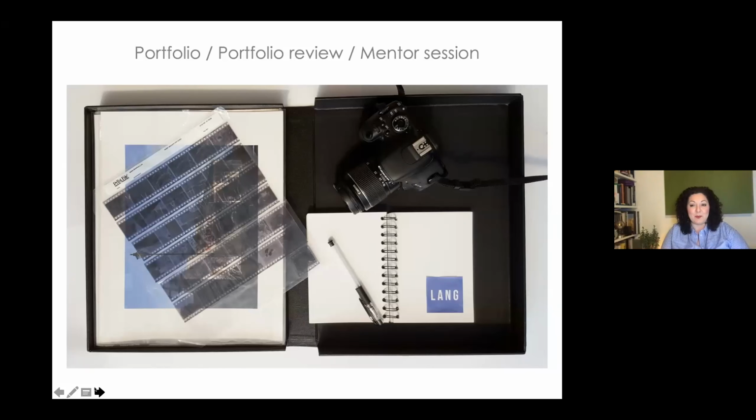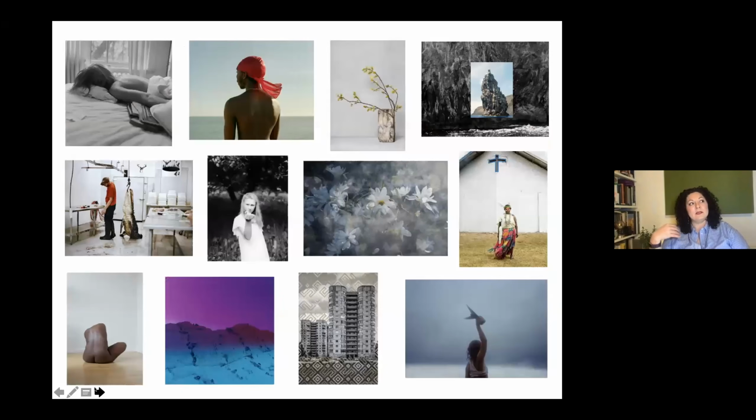20 minutes with one person who's never met you, never seen your work before. It's very hard to figure out, what do I put in that portfolio? Which are my strongest images? Which are the best things that I can show? And for all of us, we've all got our own preferences, and it is subjective. So the things that you think are great might not be the things that somebody you're showing thinks are great, but you have to have some sort of standard and quality to what you do.